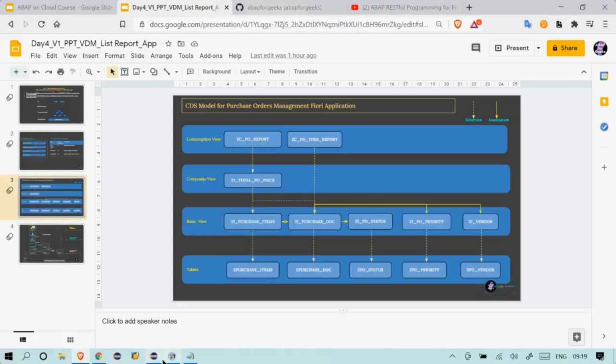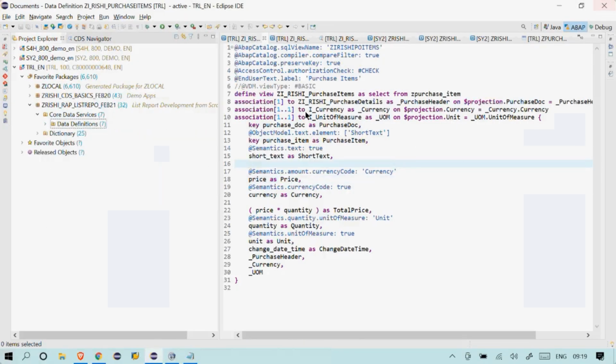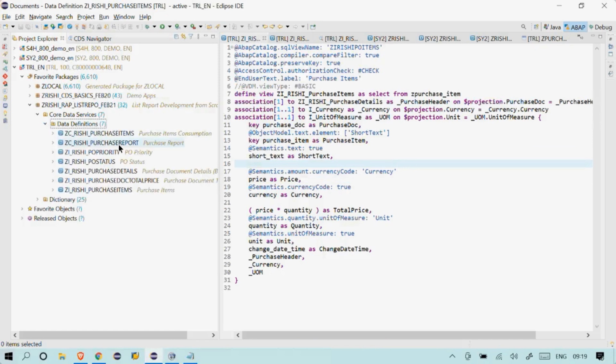So what I will do is, I'm done with this one, right? So let's create the service itself. Okay, so we'll create a service. So far you remember I did not add any annotations. I just simply create the service on top of the final consumption views. So how do I do it?